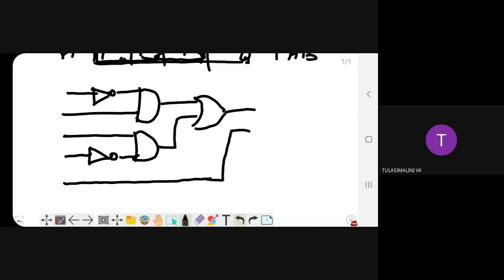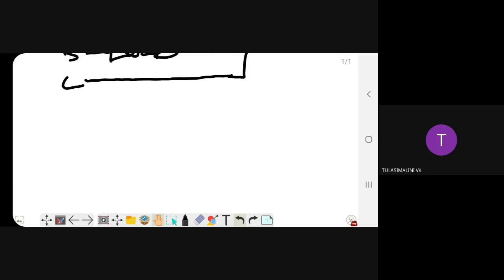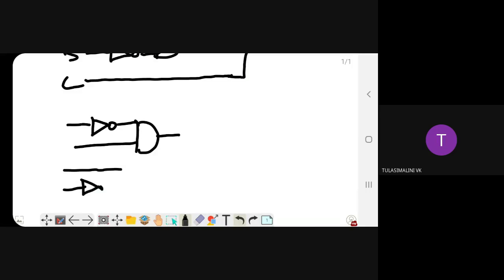So this is the simplified equation A bar B, A B bar and C. So you can draw like this, or the same, you can draw like A, B bar, C.